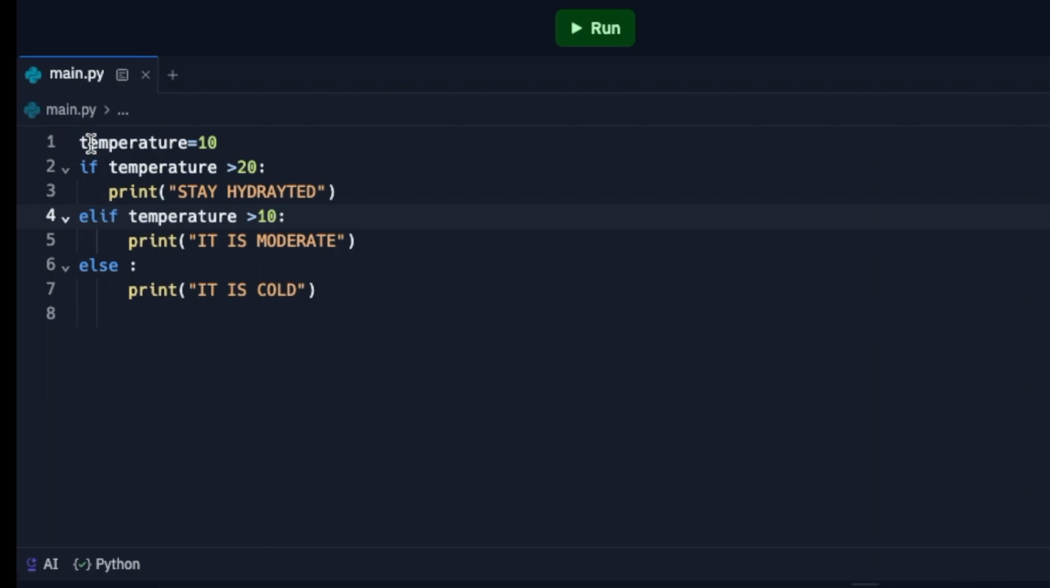So the first step to writing an if statement is you need a variable. So I've written that temperature equals 10. And then the next step is you write your actual if statement. You say if temperature. In my case, I'm saying if temperature is greater than 20, then I want it to